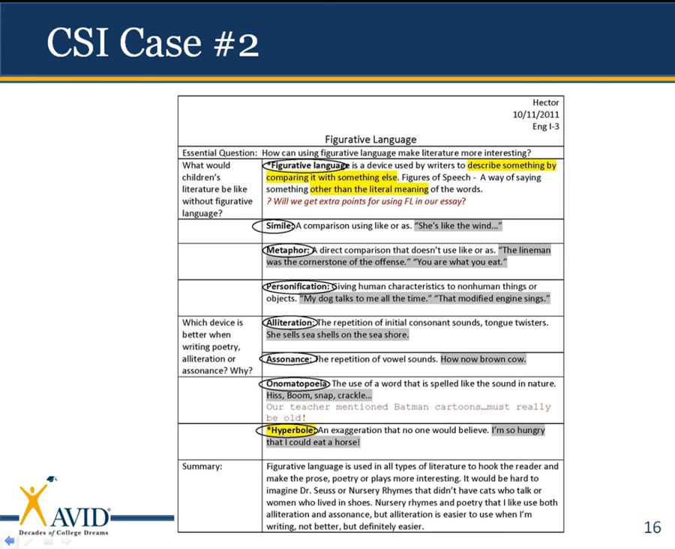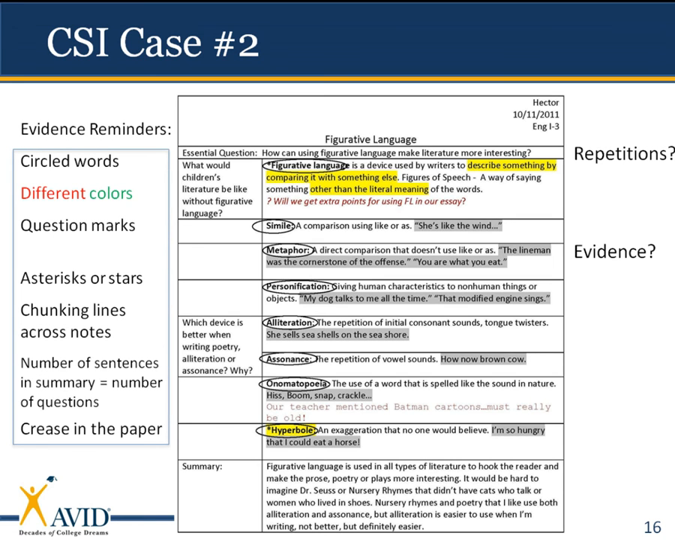What about case number 2? We're going to look at Hector's notes here about figurative language. I know some of you guys are doing most of your notes on your computer or on a tablet. And so some people say, well, we can't do repetitions on Cornell notes if we do our notes on a computer. Well, that's not true, because Hector here showed us, as we look for evidence, he's got circled keywords, he's got different colors,